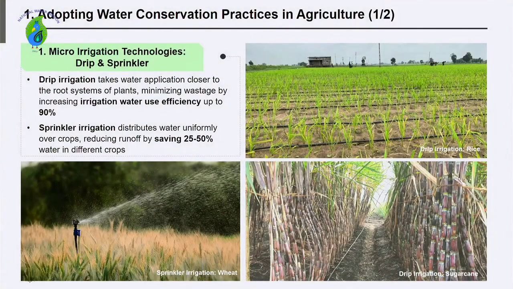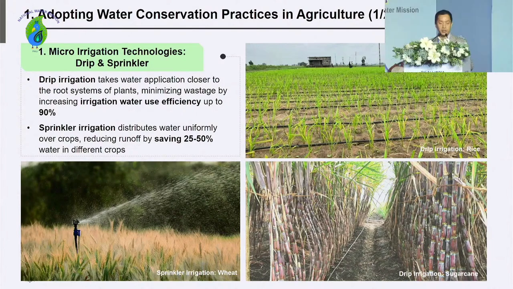Now, when we talk about the schemes of the ministry promoting water use efficiency, we have Per Drop More Crop, which promotes micro irrigation through drip irrigation and sprinkler irrigation systems in the country. We have achieved under the PDMC scheme, which was initiated in 2015, roughly about 9.5 million hectares. But if we look at the overall coverage of micro irrigation in the country through different sources, we have reached about 17 million hectares.